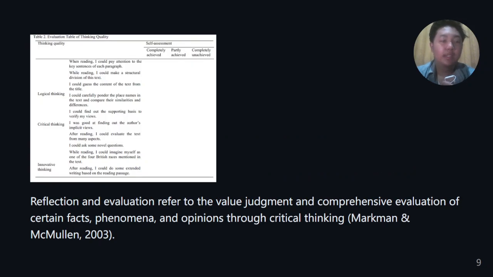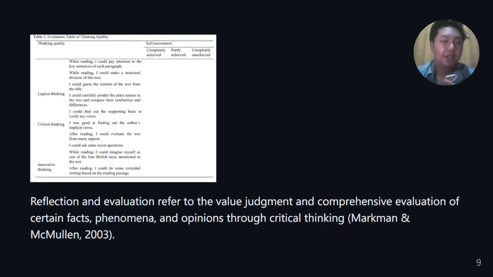Okay, next one, last but not least, is the evaluation table of thinking quality. This is what the students will have. It's like a form of questionnaire. We have the thinking quality self-assessment, whether they have completely achieved, partly achieved, or completely unachieved. For example, in the critical thinking